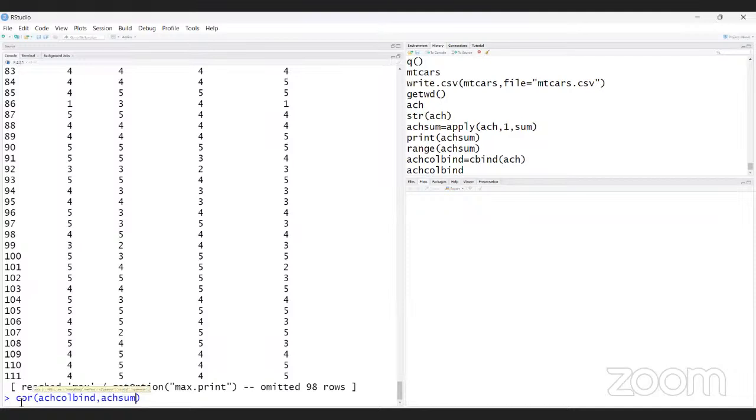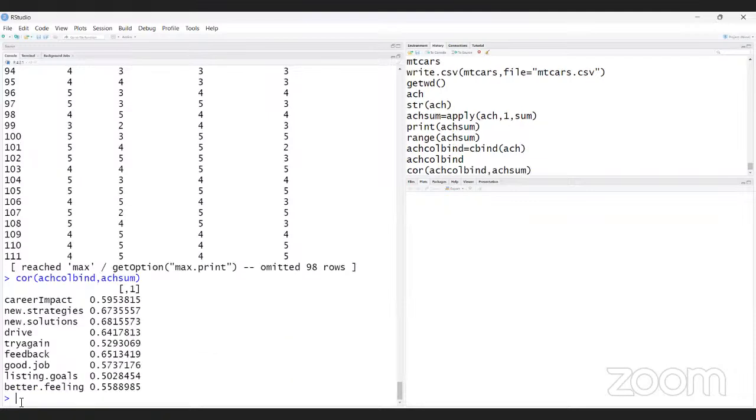Because in case of the correlation, we want to correlate with two values. H col bind is one set, another one is the H sum. So I am writing COR in bracket H col bind, comma, H sum, and then enter.